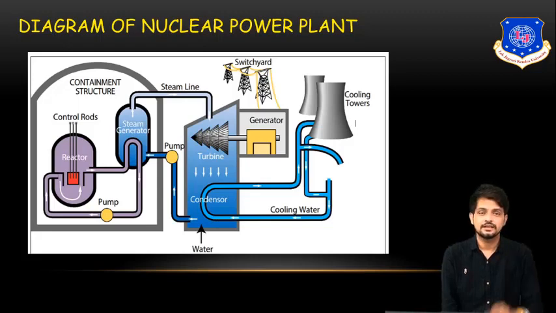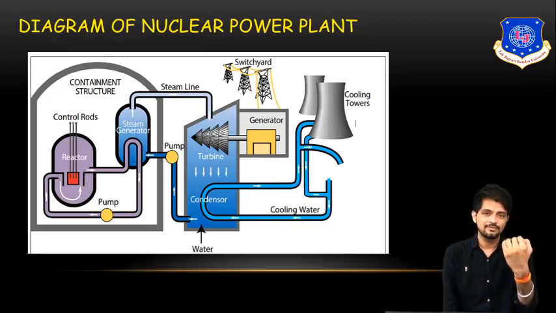The condenser is used to convert the steam that is produced by the turbine. The steam that comes from the turbine is converted to water, because the main function of the condenser is to convert the steam into water, and that is again given to the steam generator. So in this way there are two loops of water in which we are using two pumps, and with the help of this we are generating electricity.